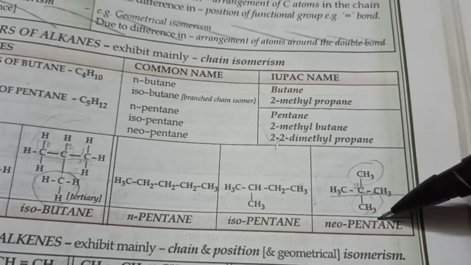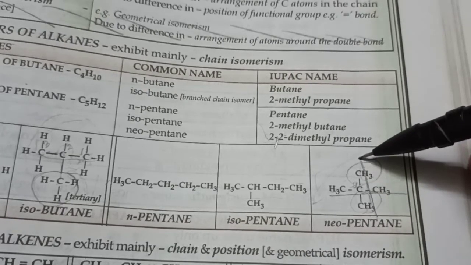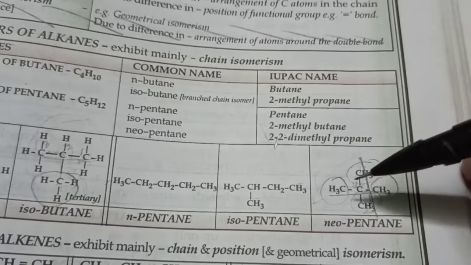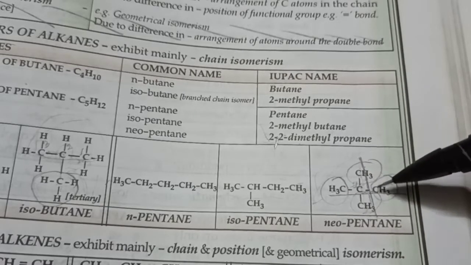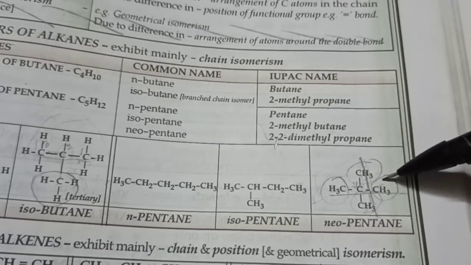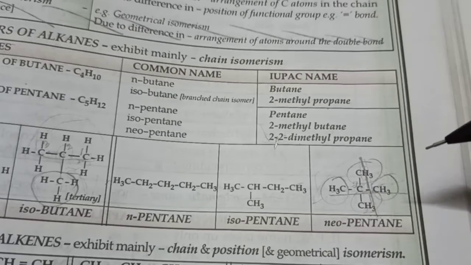Okay, tell me, what if I would have taken this as the longest chain, the main chain? Because even this is 3 carbon atoms. Well, it won't make a difference. Still, I will have a methyl group here and a methyl group here. So I would still name it as 2,2 dimethyl propane. The common name is neopentane. You have to practice all these formulae with the names. It's time consuming, but devote your time now and master it so that later you find it easy during exams.